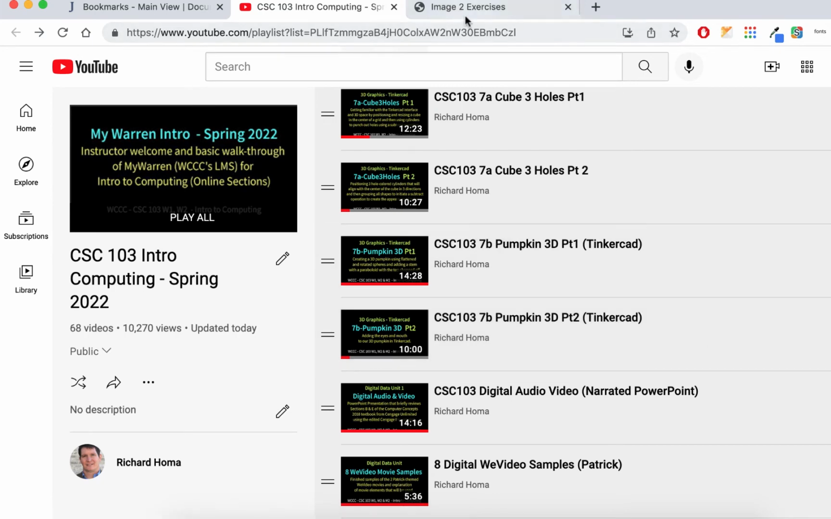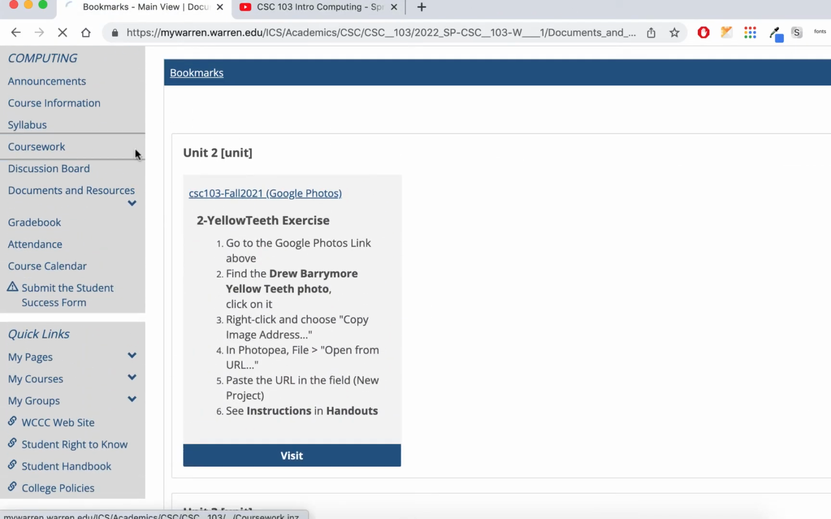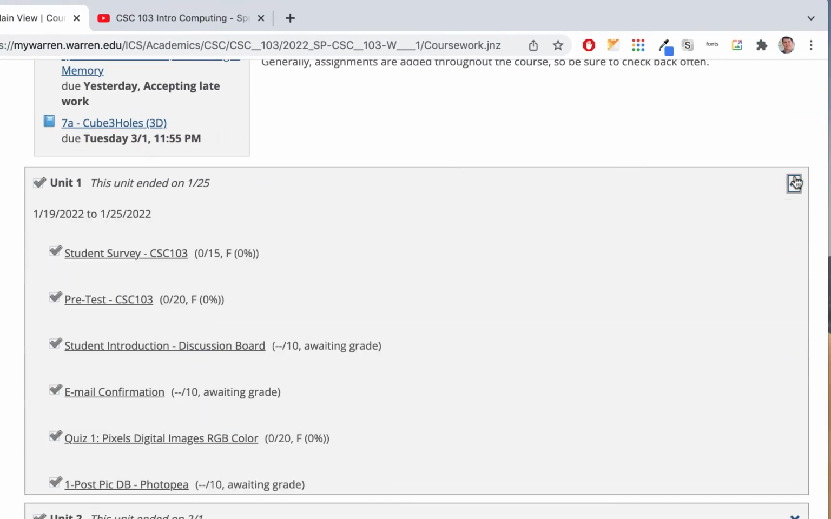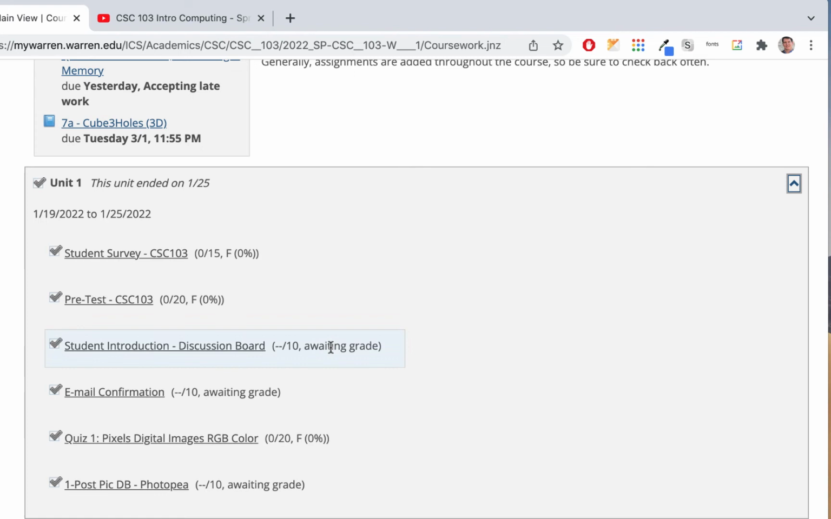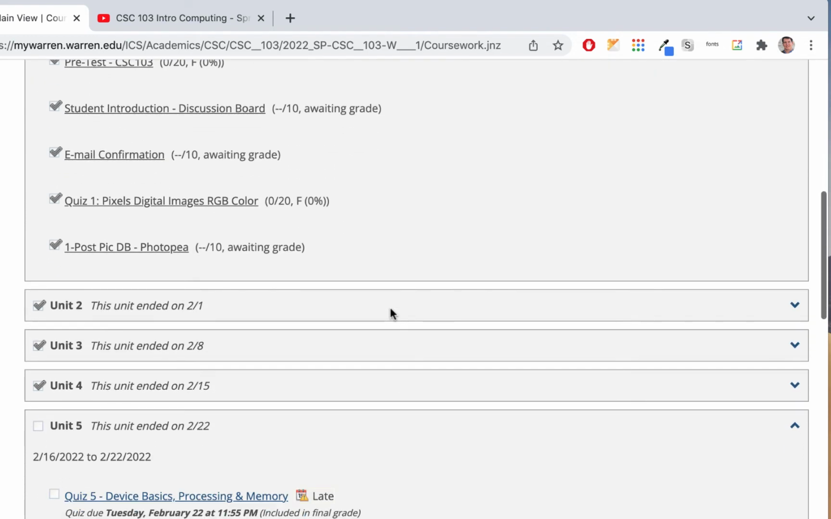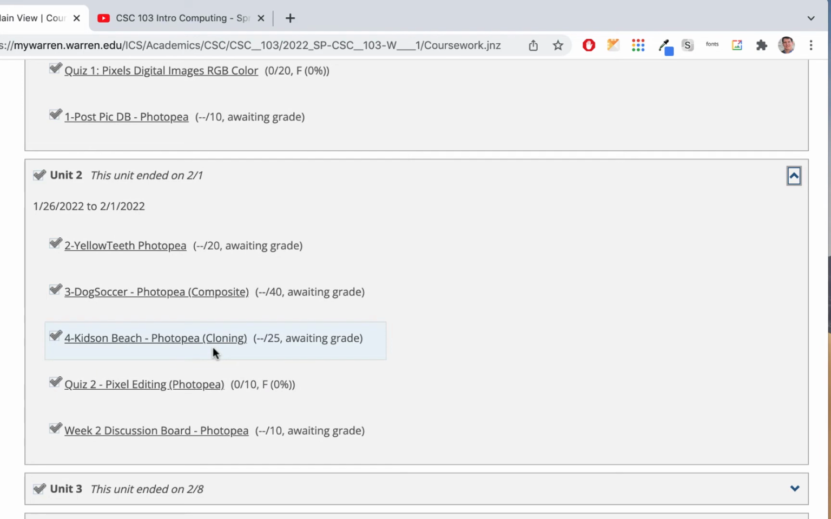And a couple things I also want to point out. I don't need this anymore. If I go back to coursework, remember, if you missed something, you didn't do yellow teeth, anything like that, you didn't take a quiz. Here, I didn't take a quiz. Email me and I have to open up a quiz. But if you didn't do a discussion board, go back and do it. You can do it late and I'll see it. But if there's something you didn't do, like, you didn't do kids on a beach,